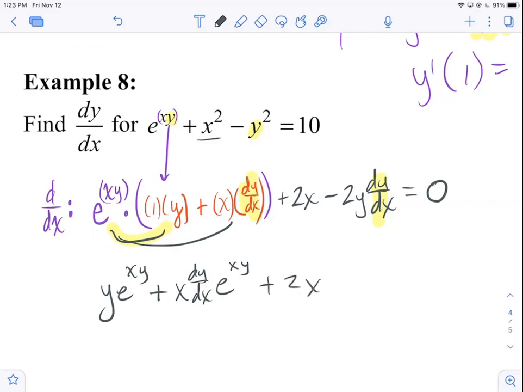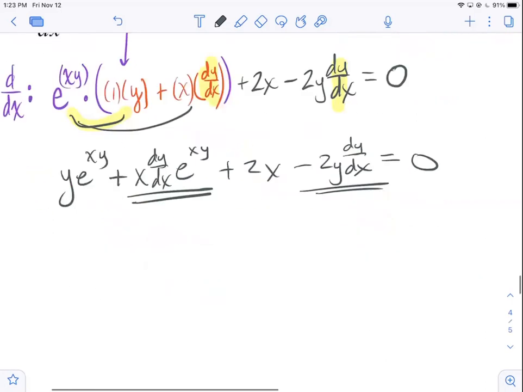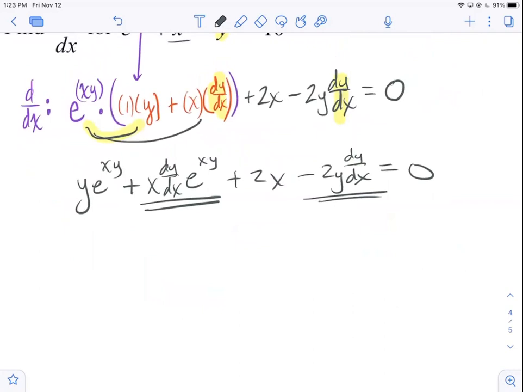And then plus 2x minus 2y dy dx equals 0. So that wasn't too bad. Now here's one term. There's the other term with the dy dx. Since they're already on the same side, we're ready to factor that out, aren't we? So let's do that. We get dy dx times, and in that first underlined term, we're left with x times e to the xy. And in the second term, we're left with minus 2y